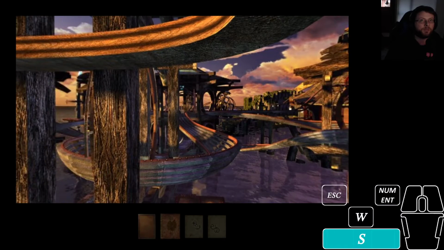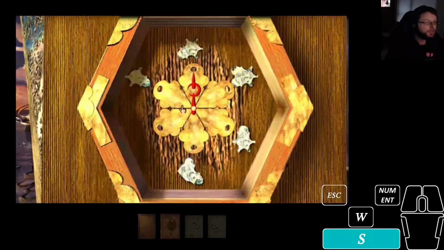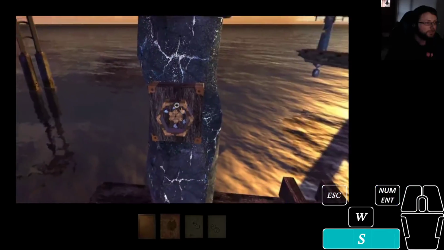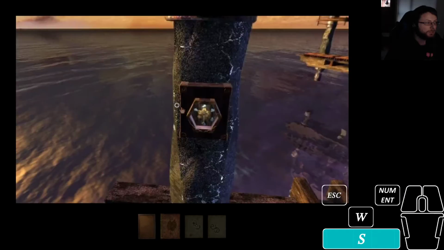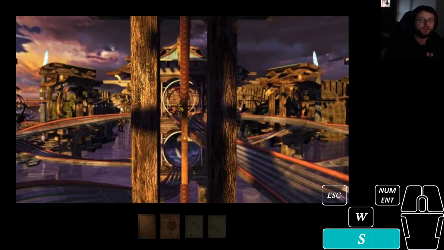Now zips are enabled. Zip. Look left 1. 3. Click. Zip. 2. Click. Zip. Look left 1. 1. 5, 4, 3, 2, 1. Click. And now zip, and then looking down right